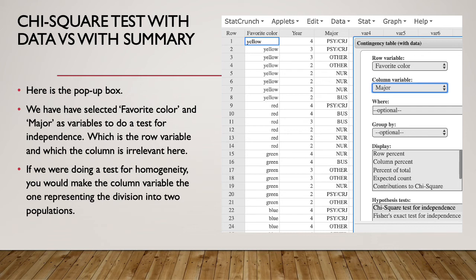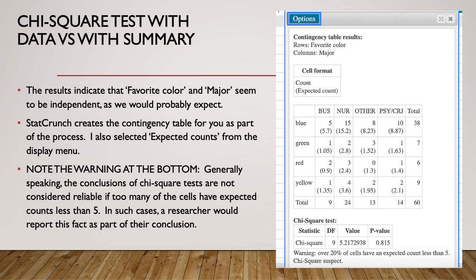If you were doing a test for homogeneity, you would need to pick your column variable to be a variable that only had two values, male and female, for example, Republican or Democrat, for example. Okay, but you could do that. We can do tests for homogeneity. All right, and when you click that,